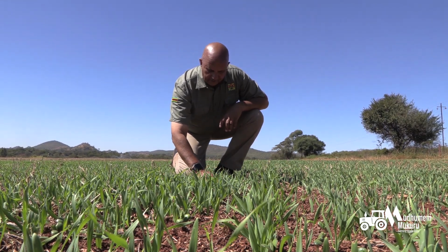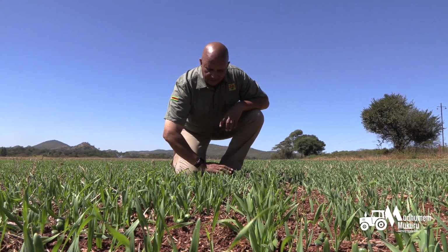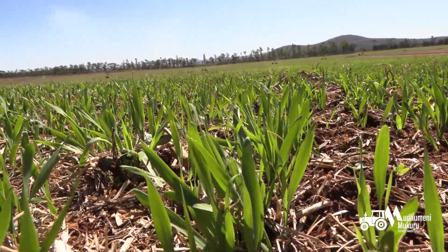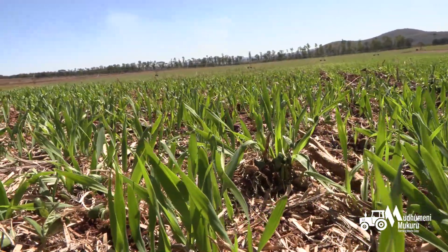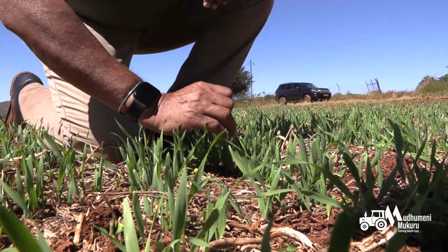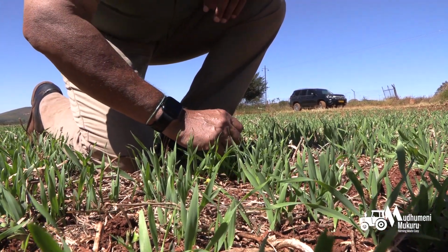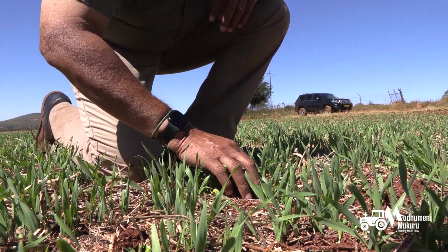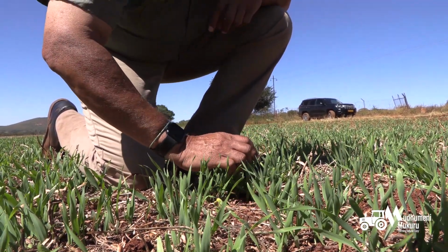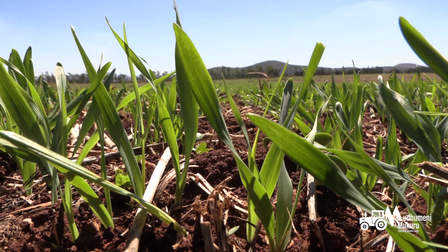So really, after that operation, on day 21, that's when we now come back with our post-emergence herbicide. We come back with our first top dressing, and we come back with our irrigation. The first cycle we are going to put is the initial cycle of a true irrigation cycle, where from day 21 right up to physiological maturity, we'll be irrigating